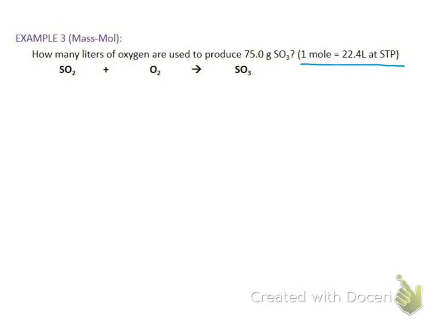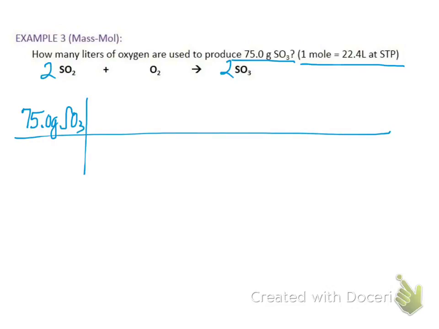Okay, so first thing we need to do, I need to balance it? Yes, I do. And so we're going to put a 2 here and a 2 here. And now it's balanced. Okay, so I'm going to start with my 75 grams of SO3. When I see grams, I know that immediately I'm going to need a molar mass. So I'm going to do grams of SO3, 1 mole of SO3. So I go find my molar mass of SO3 by adding sulfur plus 3 oxygen, and I get